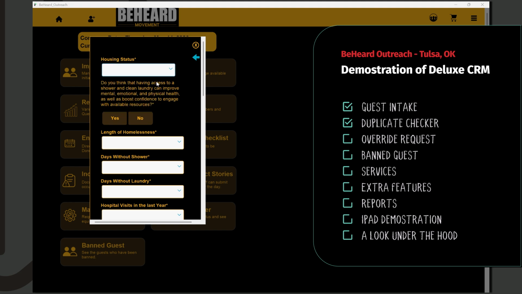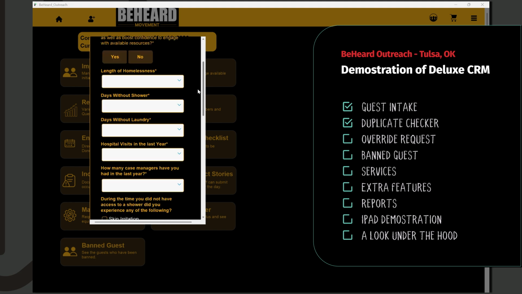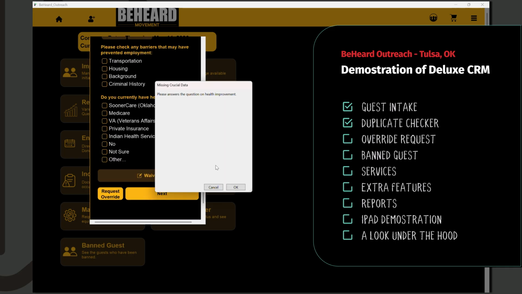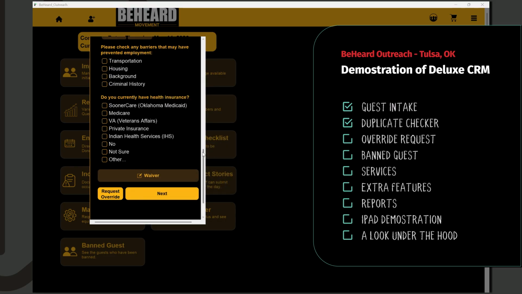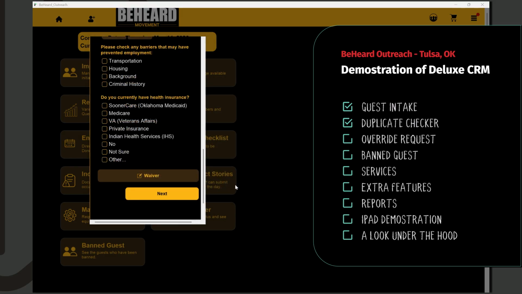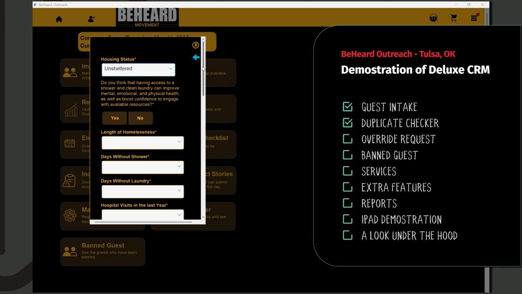And so here we are with all of these questions that need to be answered. It's very time consuming and you can't move forward until you answer them. Can't hit the waiver, can't hit next. So what we do is we hit the override request. We say, hey, we're too busy, and submit the request. All right, so at this point, what I'm going to do is log out and log back in as a